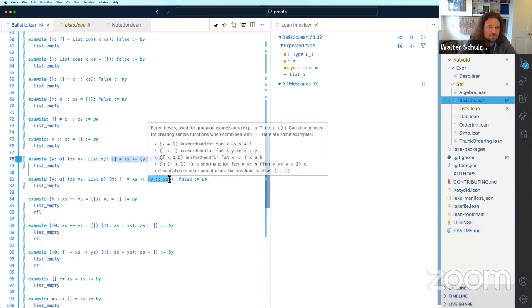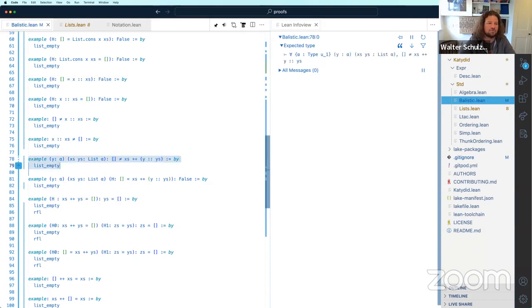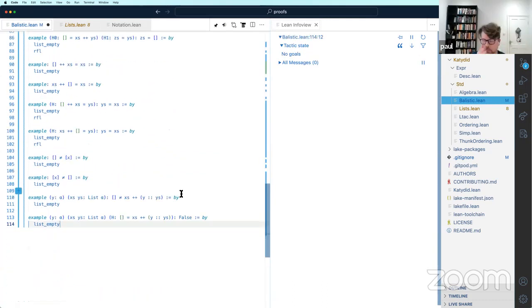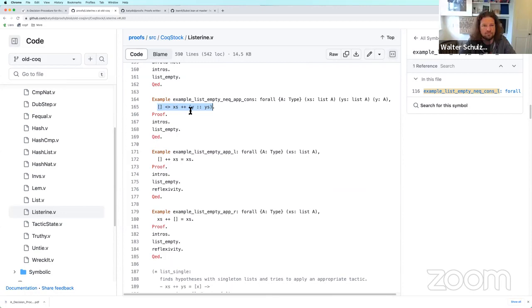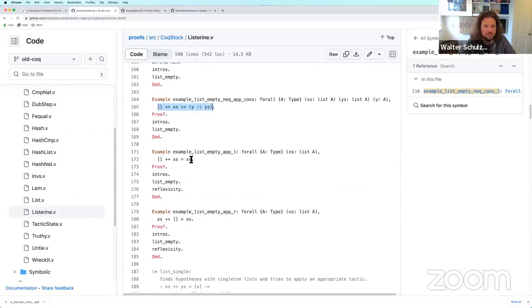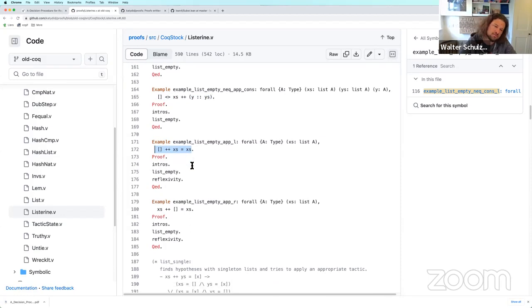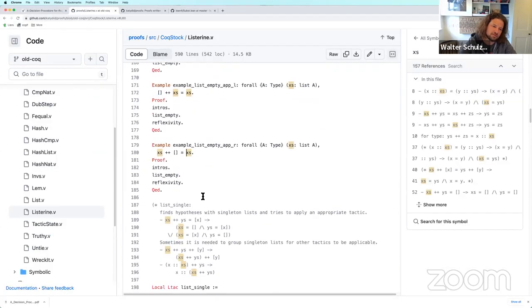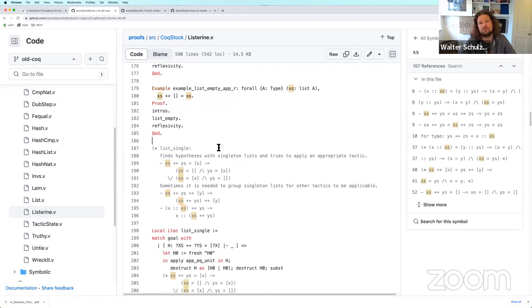I'm just gonna move these to the bottom since they're slightly more complicated. This is the same. Yeah, and I think we have this one and this one. So I think we're done.